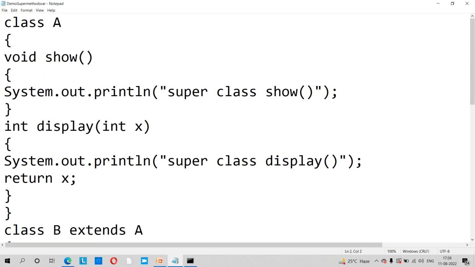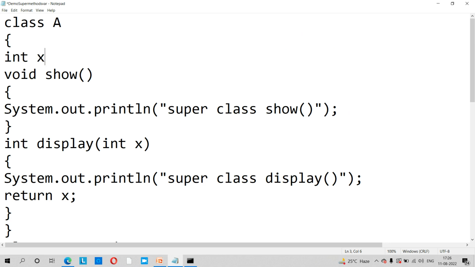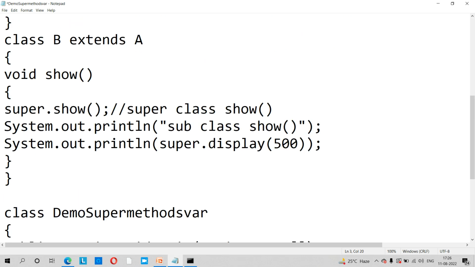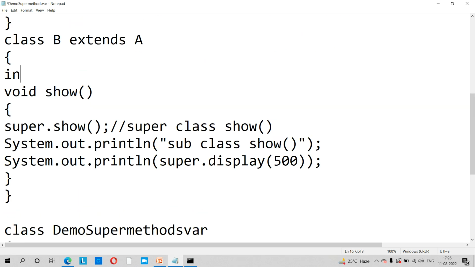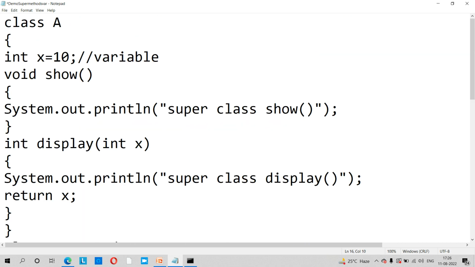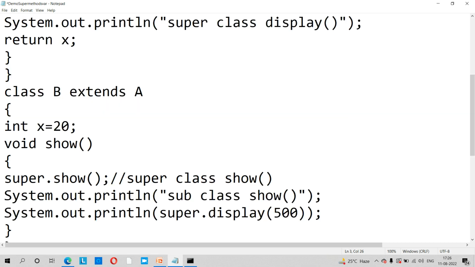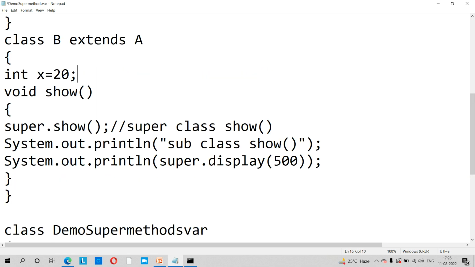In the same, I would like to declare a variable x, and subclass also have same variable x equal to 20. It will be refers to superclass x variable, and it will refers to the